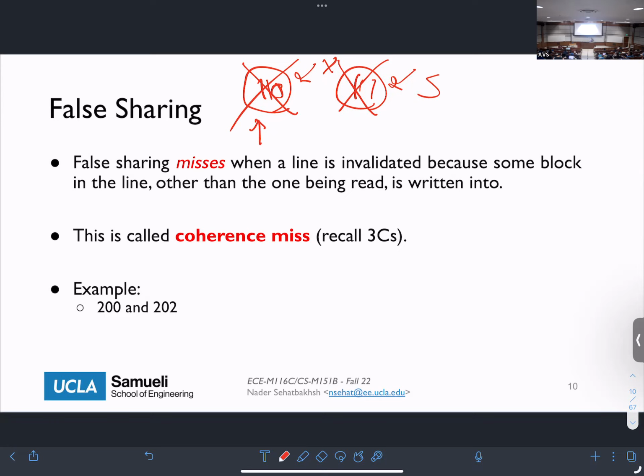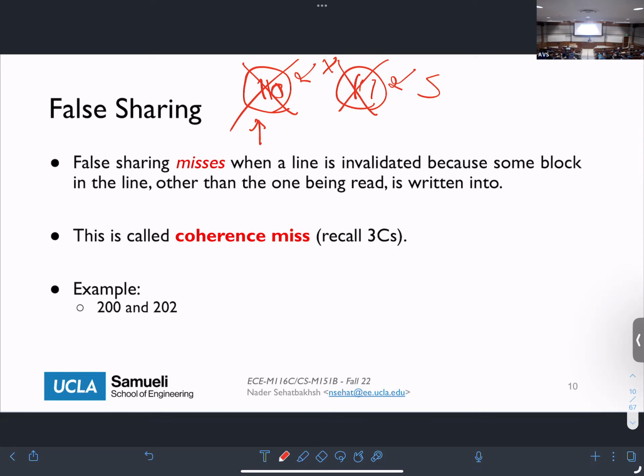And since we keep track of coherency states at the line level, even if this particular block or blocks are not even shared, they're going to have to suffer from the fact that one of the blocks in that line is shared. So if you evict that and next time you want to read that it's not there, that's going to be a miss, and that would be what we call a coherence miss. So that will be added to your compulsory miss, your capacity miss, and your conflict miss. So the fourth C is what we call a coherency miss. All right.